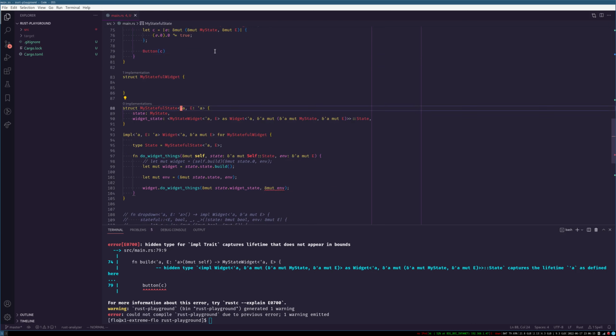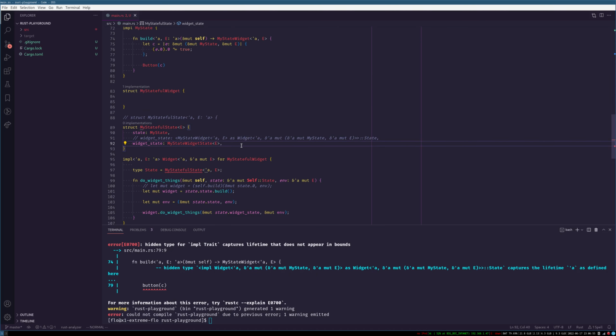So then let's depend not on A, but only on E, because it makes sense that we wouldn't want to depend on A. And then we should be able to say that widget state is just my state widget state E, right? And